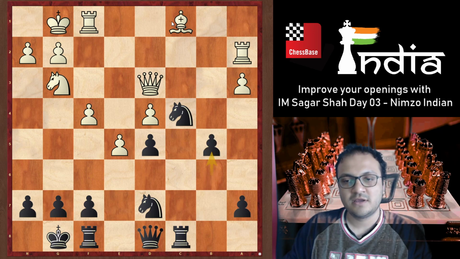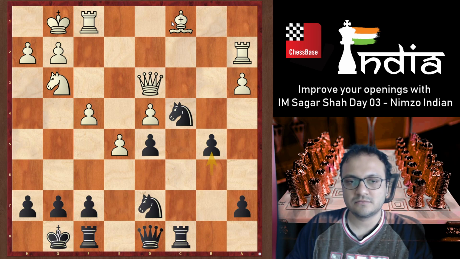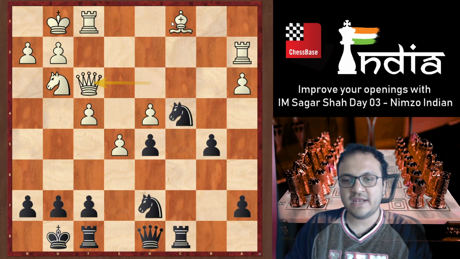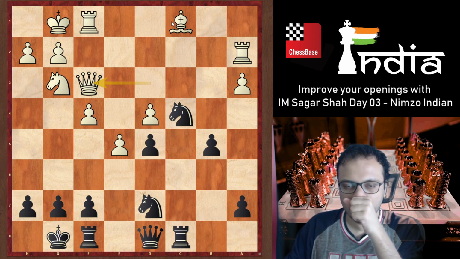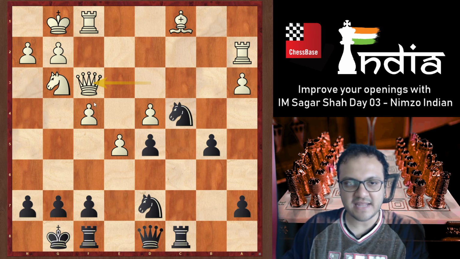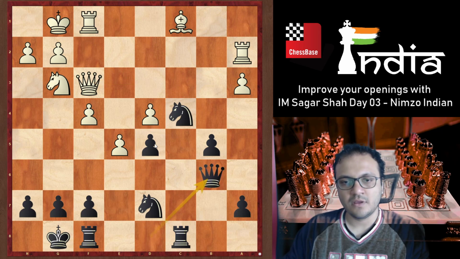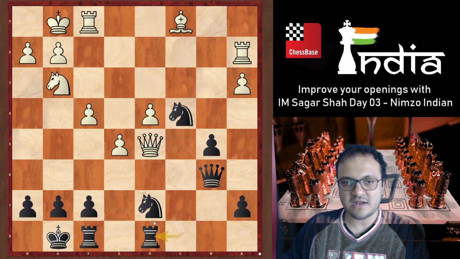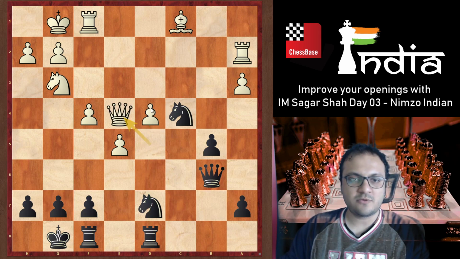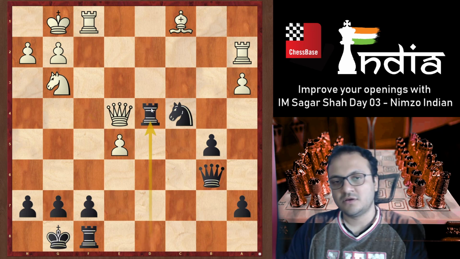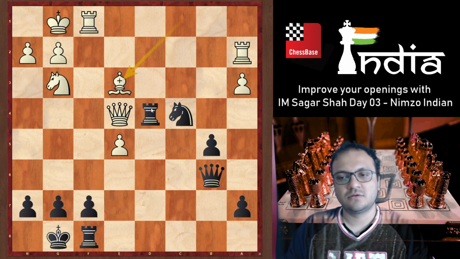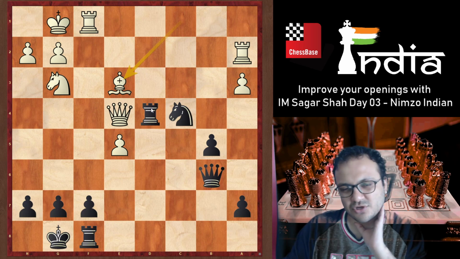I'm coming forward. He played b5, and I played this move, queen f3, attacking this pawn. He played queen b6, which was a nice move. I didn't really want to take here, because after rook c d8 you can see that this pawn could become a weakness and a target, like queen e4, knight e5, rook takes d4, and yeah, bishop e3 looks a good move.